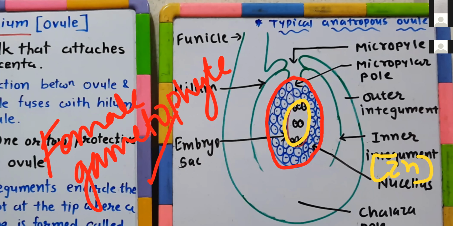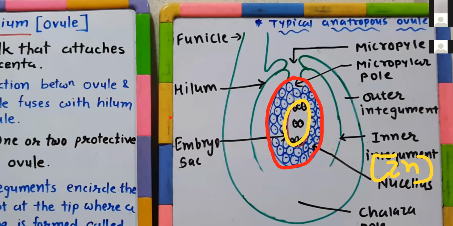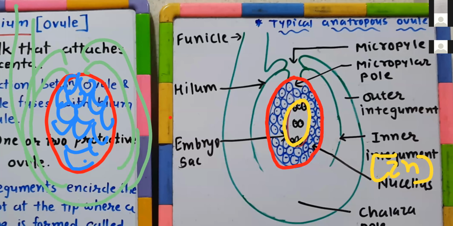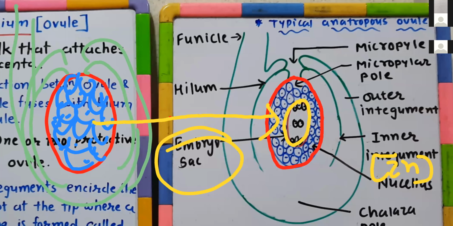Mind you, this nucellus is in an immature or young stage. Imagine that this is the young stage nucellus. Around it also there are two integuments. It also has the funicle, hilum and all that stuff. Within this, throughout there are diploid cells rich in nutrients. That stuff is termed as nucellus. And the same structure after maturity develops a sac which is called the embryo sac or a female gametophyte.